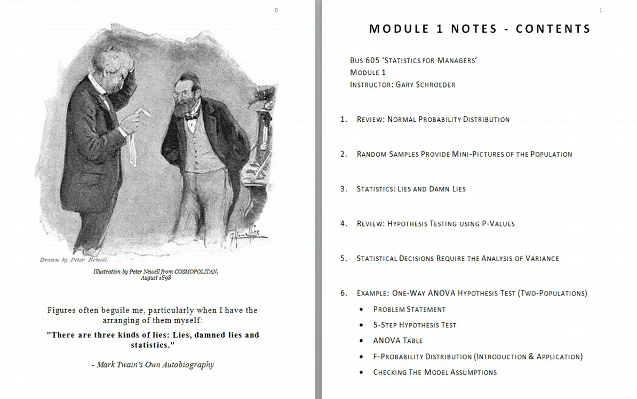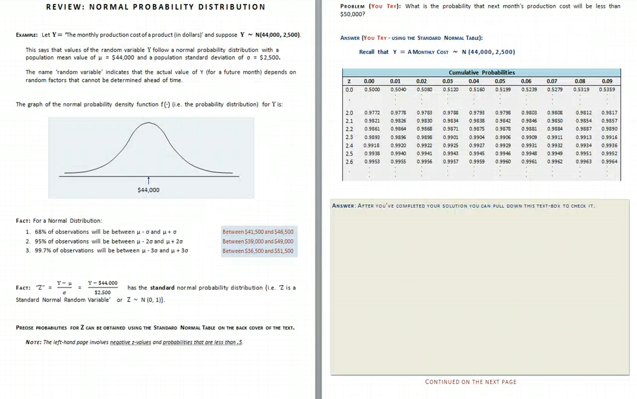This screencast focuses on the normal distribution. I've moved to the next page in the note. Our example will involve a random variable y that represents the monthly production cost of a product expressed in dollars. The term random variable refers to the fact that random factors influence specific values, that is, specific monthly costs. Based on experience, we'll assume that the monthly production costs are distributed normally with a mean production cost of $44,000